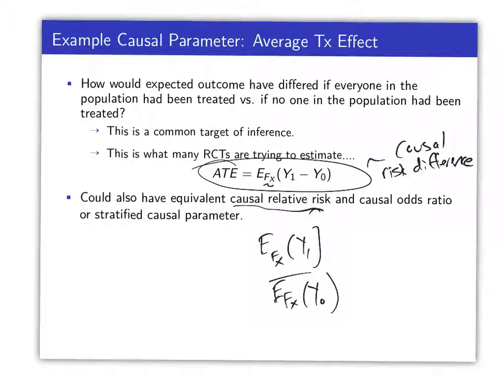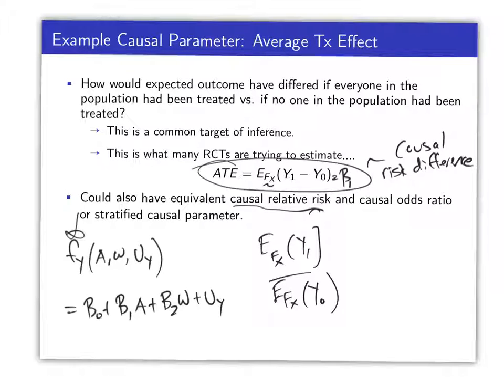Well, the reason, if I have a linear, let's say that the true model, the true f of A and W, let's say I assume, which of course, the class